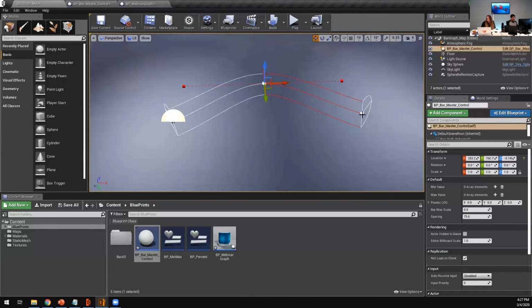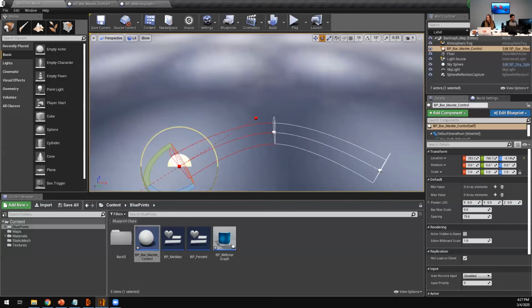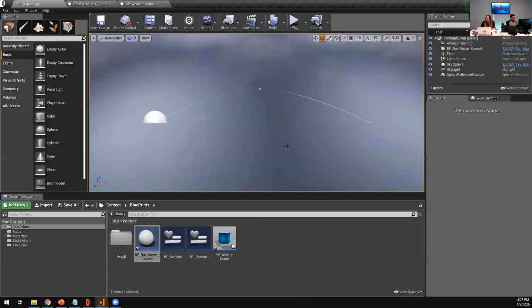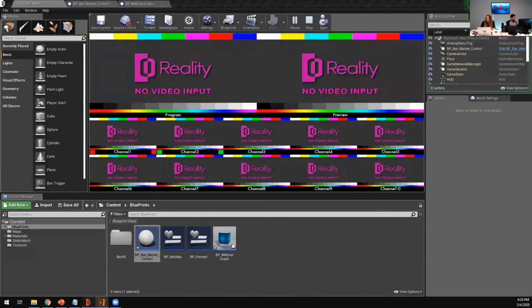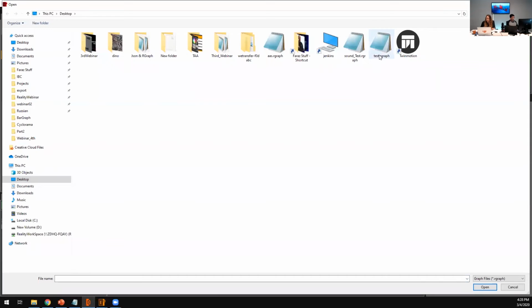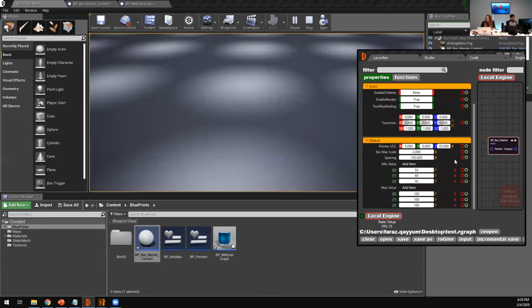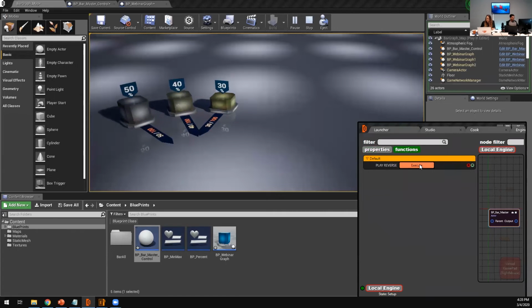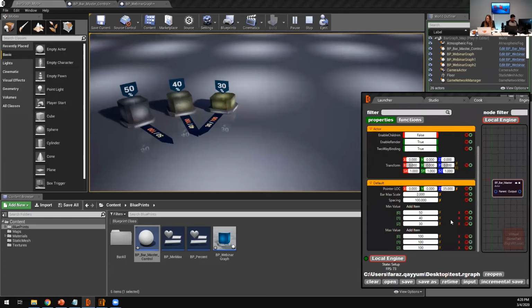Okay, so I am making a nice curve like this, maybe. Okay, let me check. Is it working or not? Okay, let's spawn. It is working. It is working. It is on the spline right now. Okay, let's make